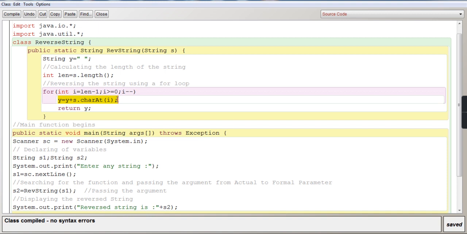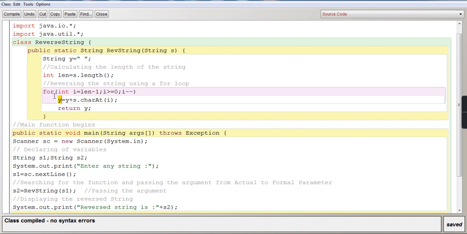Again y is equal to y plus s.charAt(i). I is 10 now, the 10th character, counting from the last end of the string, which is 11 minus 1, so 10th. The letter will be N. That N will be added to y, and y had G, so G plus N. First G will come, then N of morning.